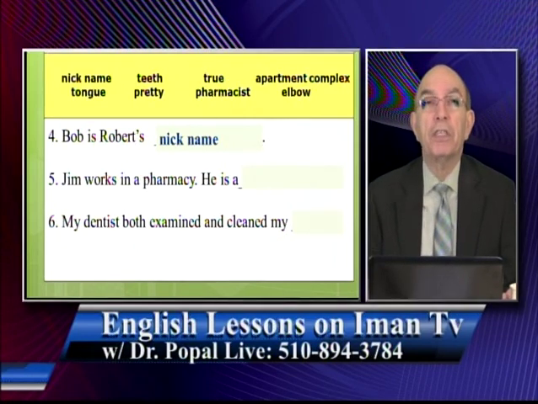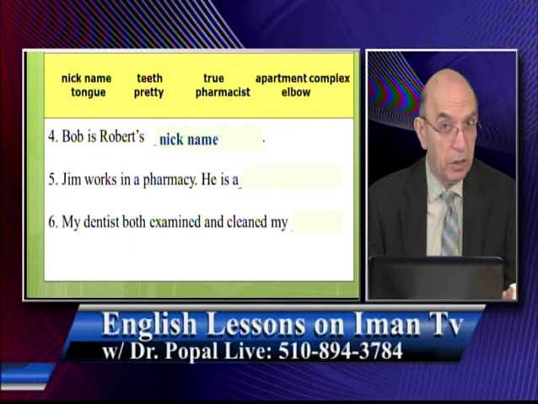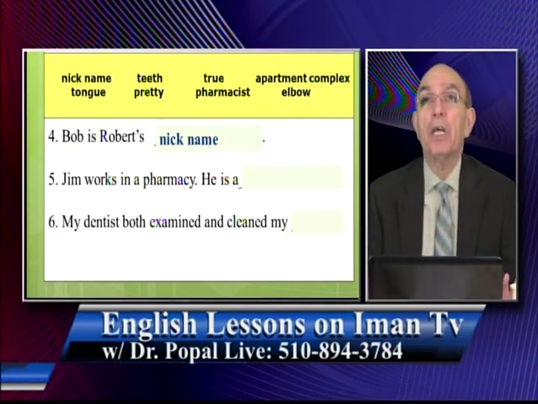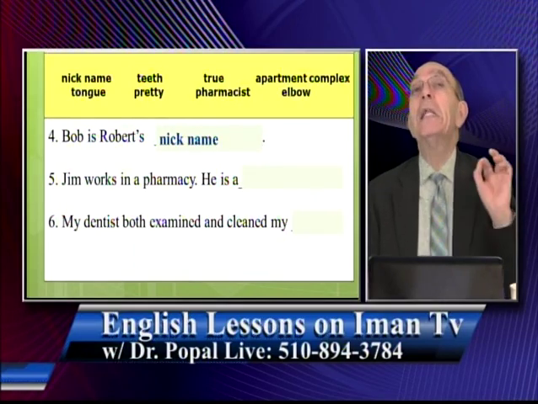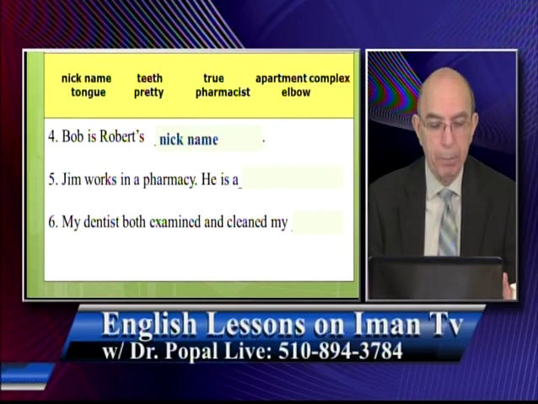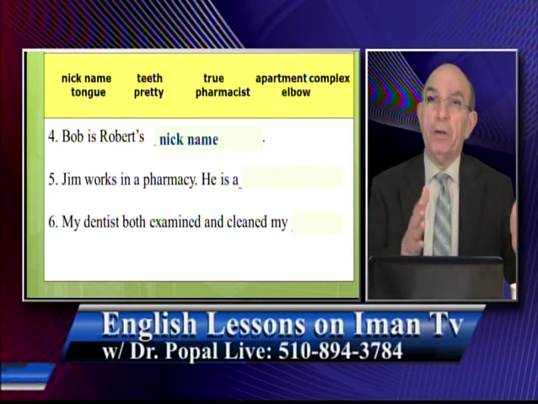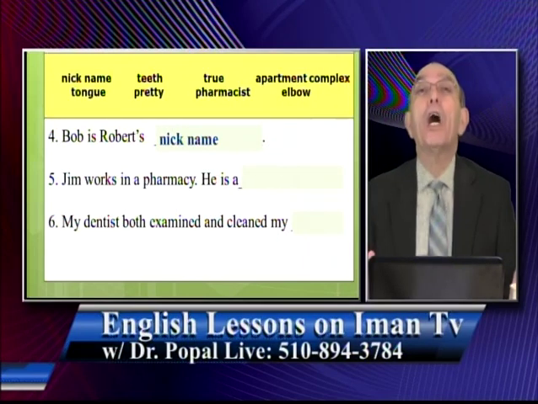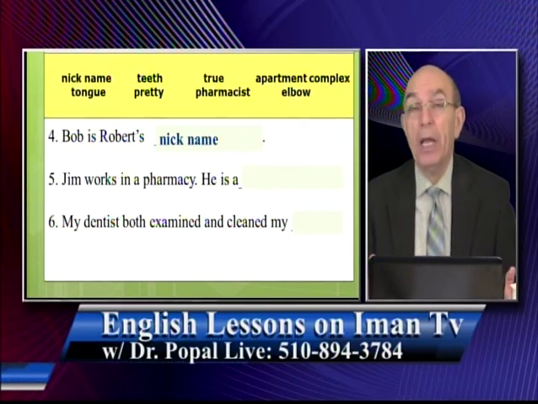Okay? Like for example, for William, Bill is the nickname. For Elizabeth, Liz or Beth is the nickname. So a lot of times people have an official name. They also have what? A nickname. And usually